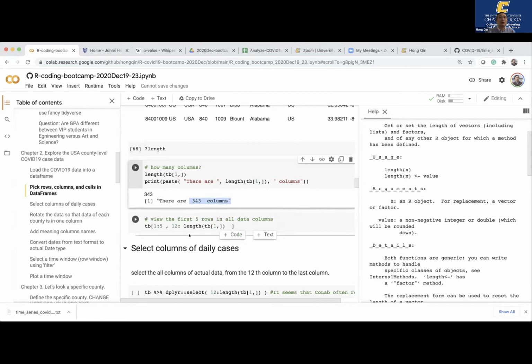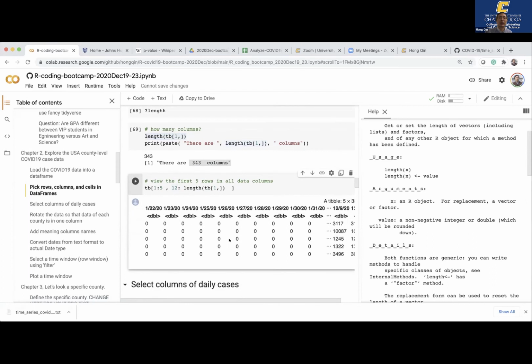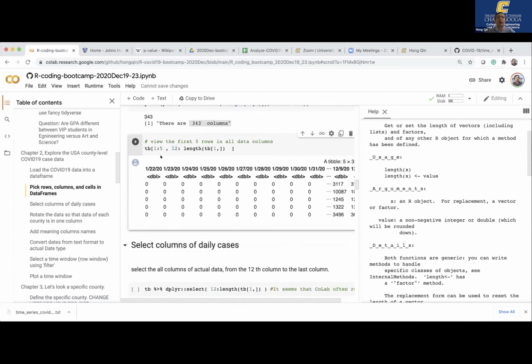So, in fact, we can pick all the data, all the case numbers there, by just specifying the column names. We know the first one starts at 12, and the last one is what? The length of the entire first row. From the first one to the last one, that will be all the case numbers. And we're only looking at the first 5 rows. Right? So we can actually pick